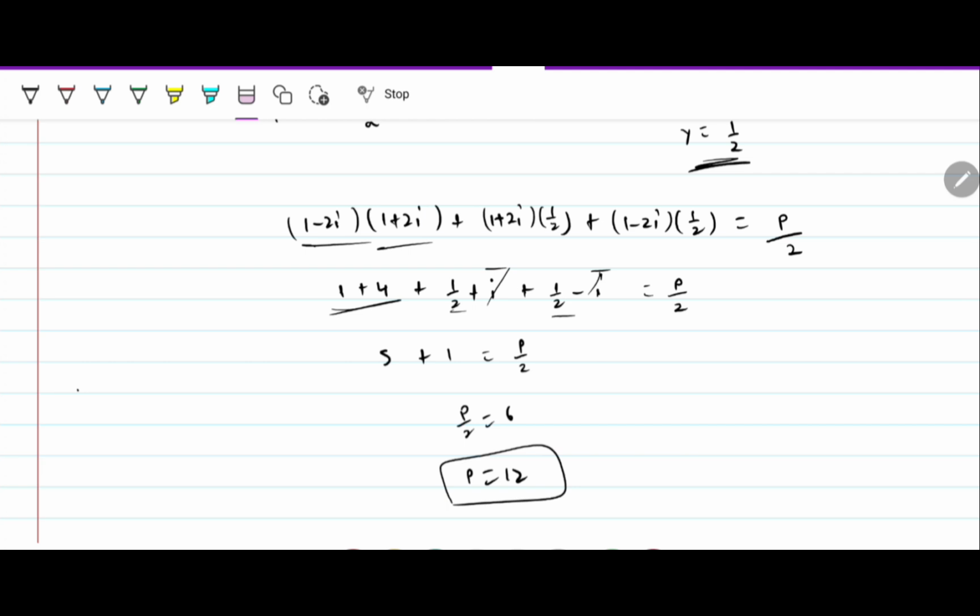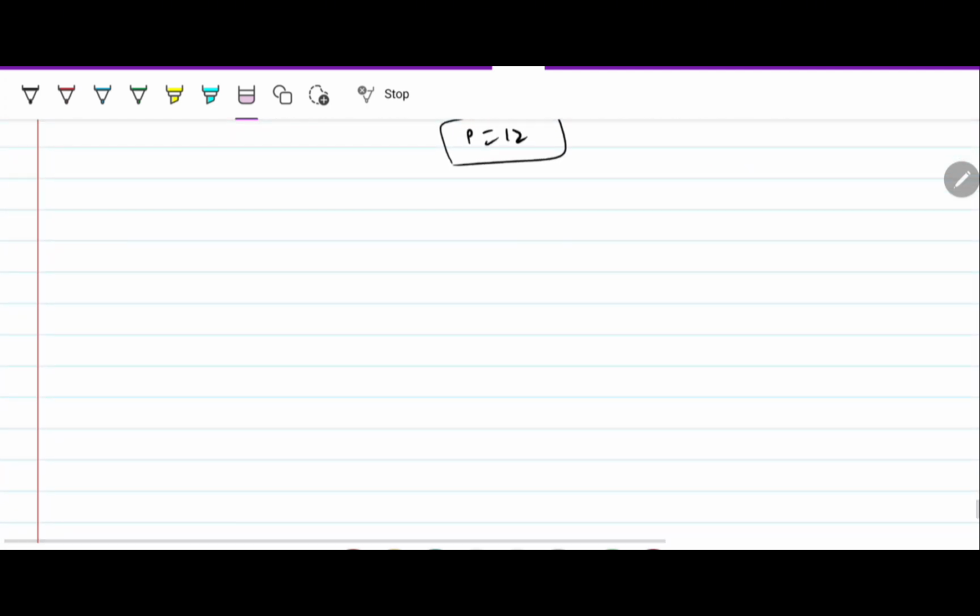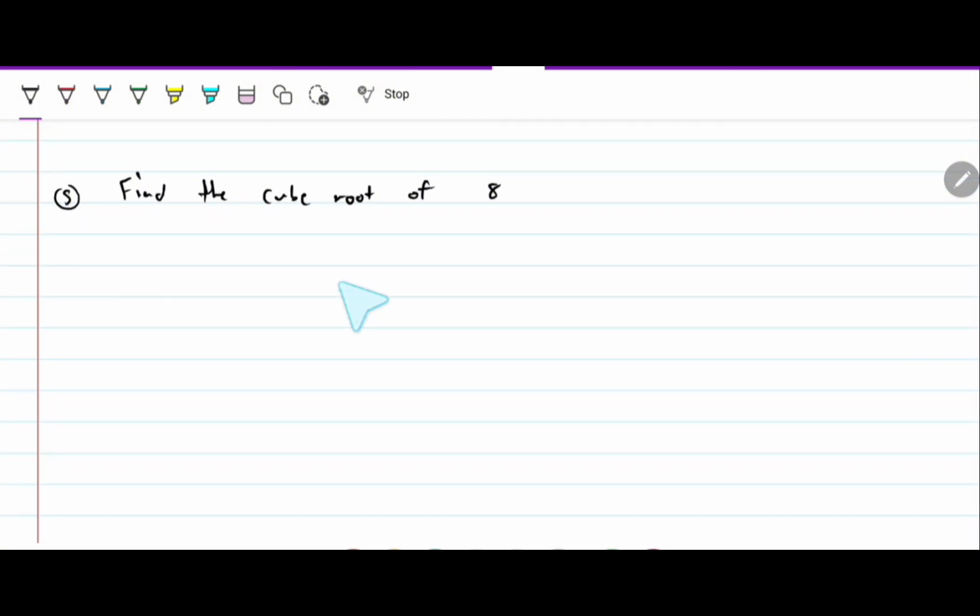All right, now I said that this video would have had 4 problems, but I just got an idea for a 5th one, and you'll never believe this one. Find the cube root of 8. Wow. Easy, right? Cube root of 8 is simply what? Cube root of 8 is what? 2. Story done. Well,